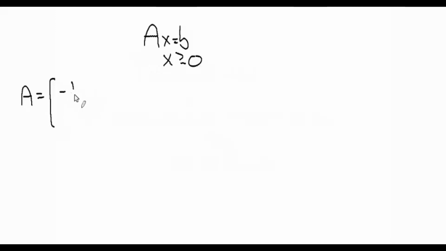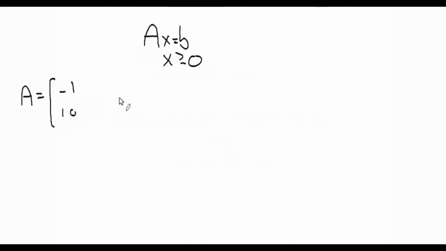So this problem is about basic feasible solutions. Consider the system AX equals B, X non-negative. We're going to consider a specific X, A, and B and see whether that vector X is in fact a basic feasible solution. So the system is going to be defined by A is this long matrix here of -1,